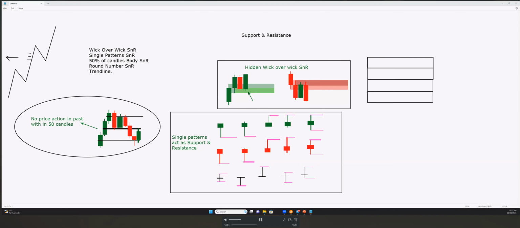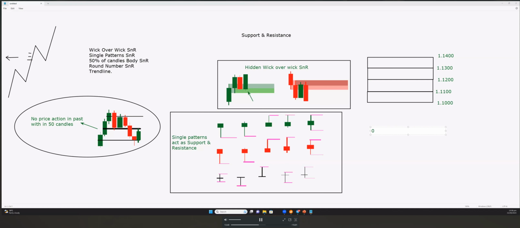Okay. So there are round numbers. For example, there is a price like 1.1000, right? This is 1.1000, and this is the price 1.1100, right? Then after that, we have 1.1200, right? And then we have 1.1300. And then we have a price 1.1400. So what are these? These are the round numbers. It is called the round numbers. The round number ends with a single zero.